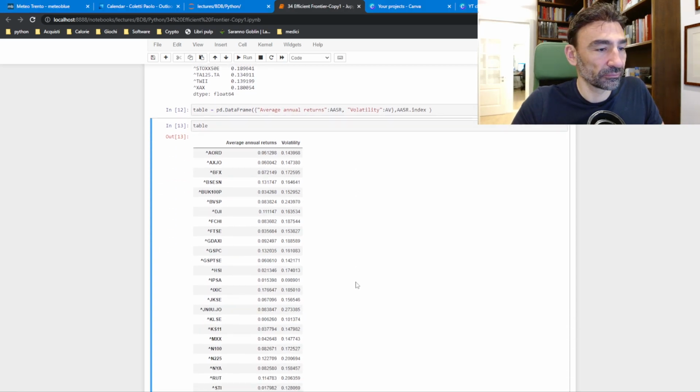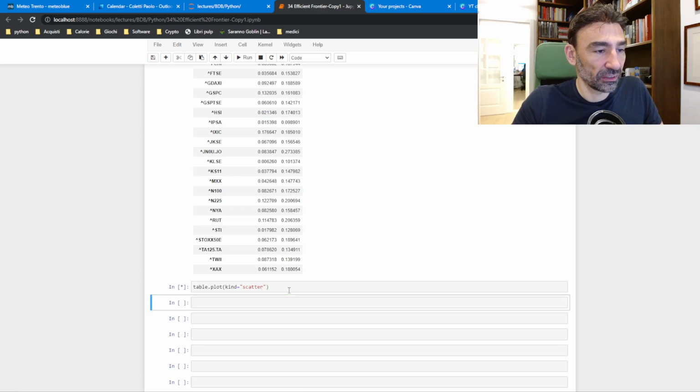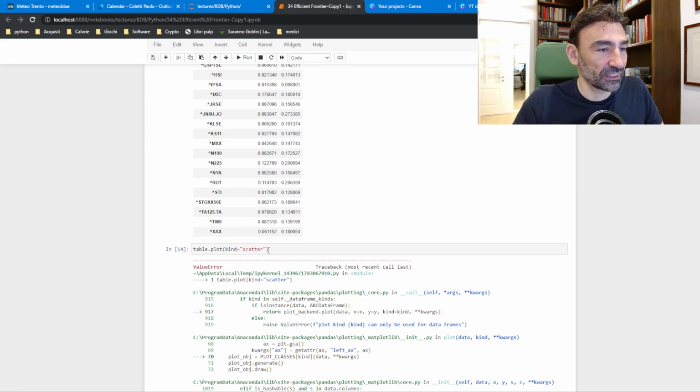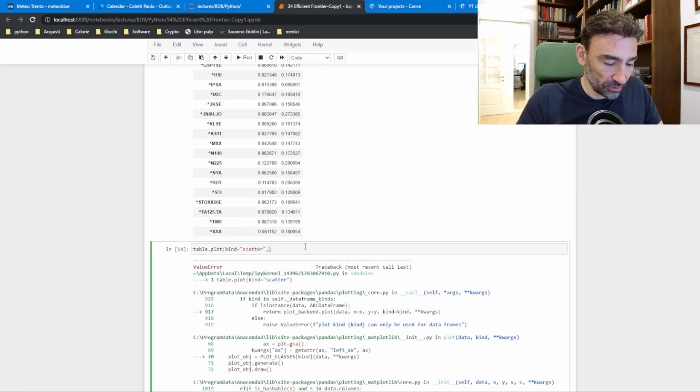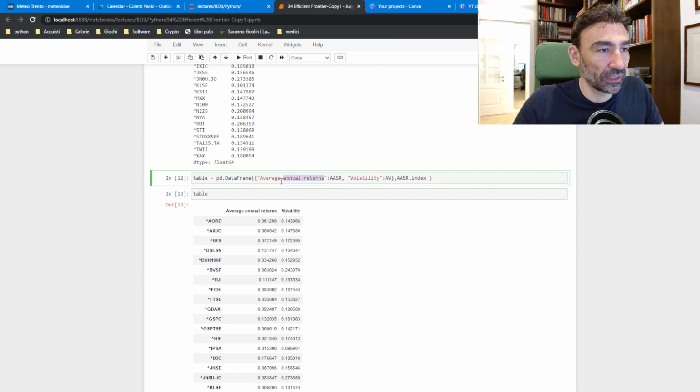Okay, very well. Now that I have this table, I can plot it. So table dot plot. This time I will build a scatter plot, kind equal scatter. Let's see how it looks like. It requires x and y columns. Oops. So x equal volatility, comma, so this one, and y